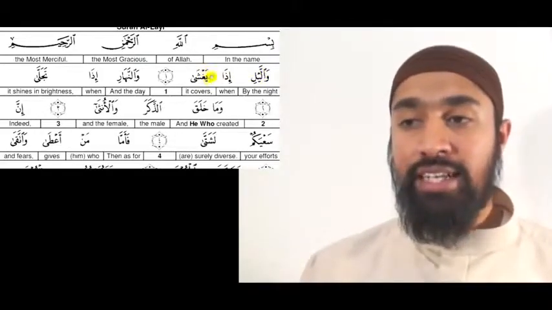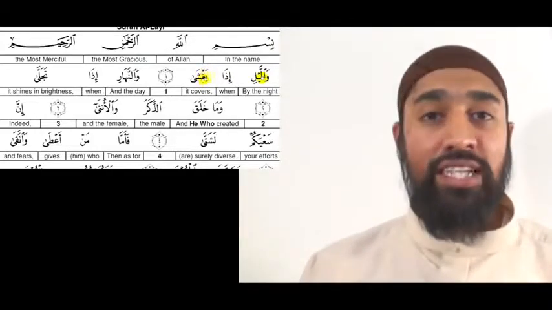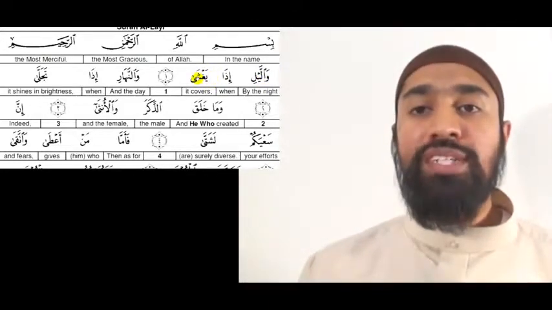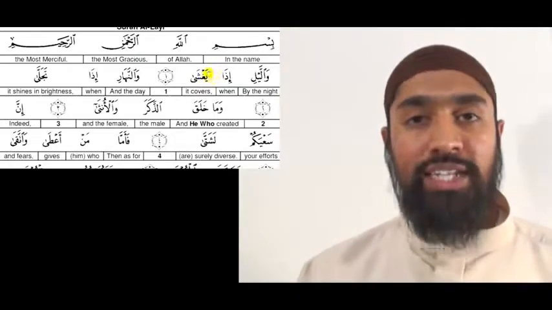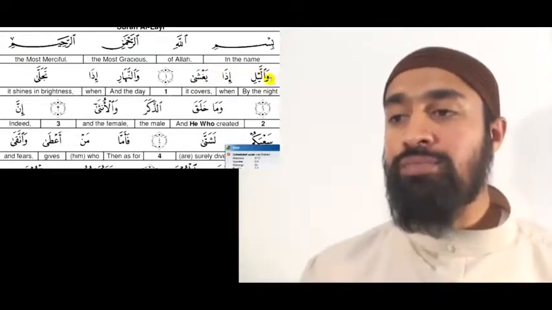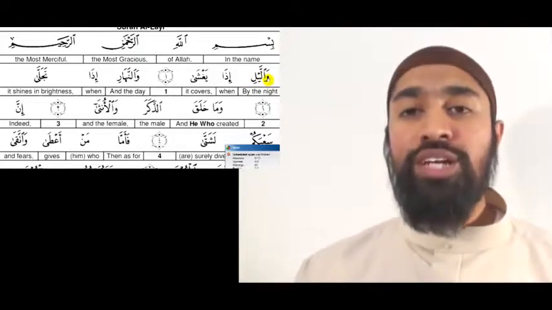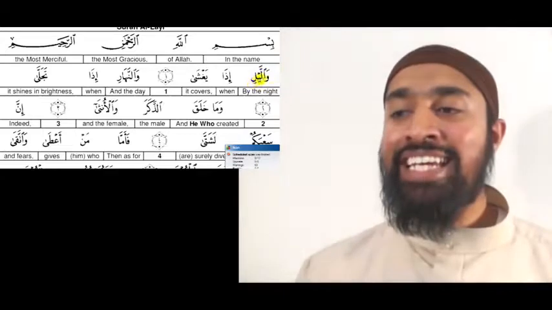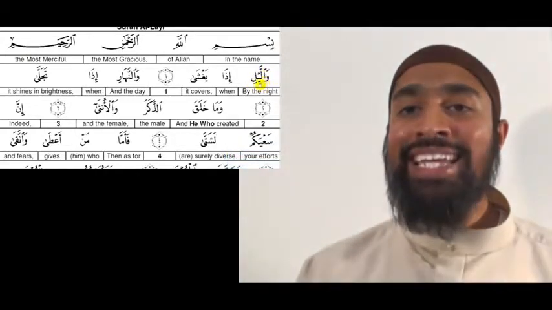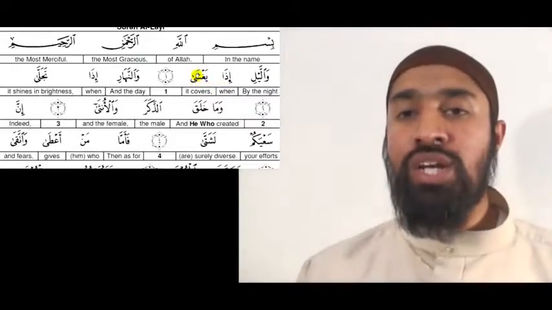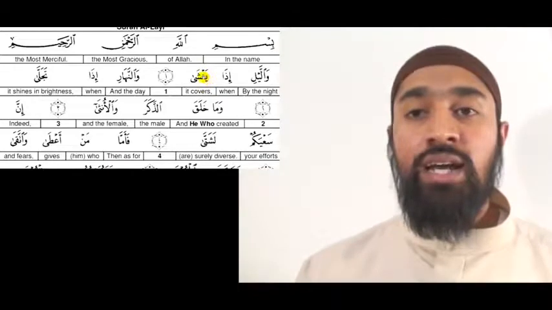When you see a light letter standing next to a heavy letter, Ya and Ghain, then we're going to make the appropriate sound to identify the light Ya and the heavy Ghain. Let's start together. Waw, letters of the lips, Lam Shadda. Wal-layli, wal-layli, idha yaghsha, yaghsha. You have Ya and then Ghain.